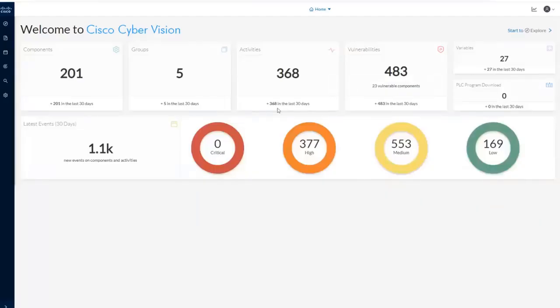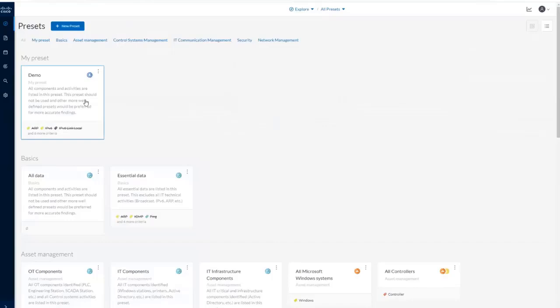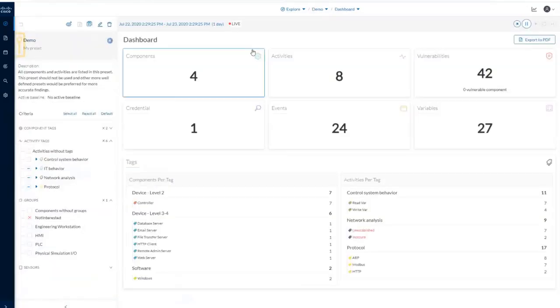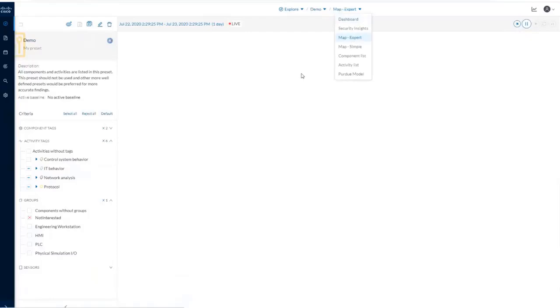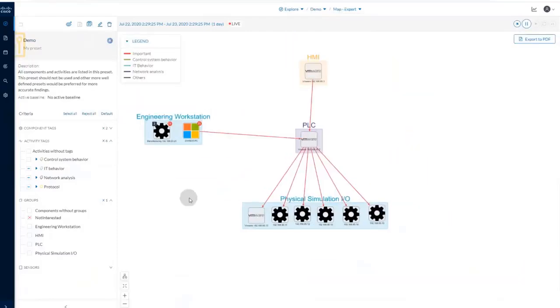So let's look at Cisco Cyber Vision here. Okay, this is a nice dashboard that we have, but let's go straight to a preset. I already prepared a preset that's called demo. And let's switch to Map Expert. The first thing you will notice is this